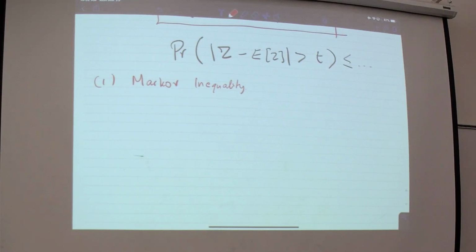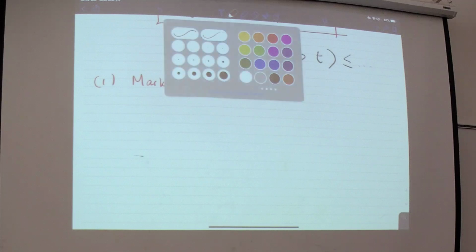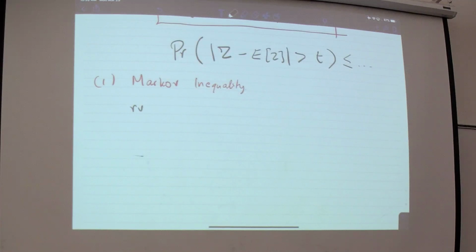So let's say we have some random variable X, which is known to be non-negative. Think of the number of times the coin toss rolls heads. And what we want to know is, can we give some bound on the likelihood of this straying very far from its average value? So the random variable is non-negative. So it doesn't go below 0. This is important. Why? Because now we can think, okay,